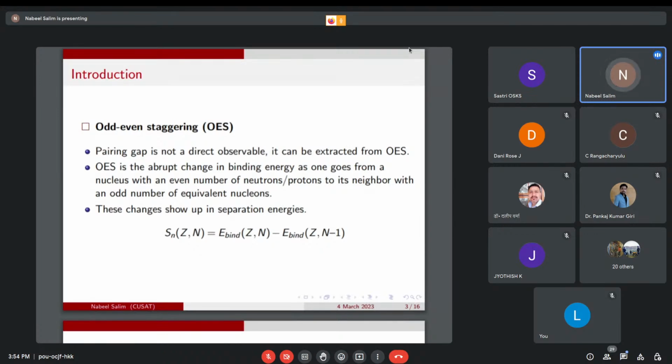So I am going to give a short evidence of nuclear pairing. One piece of evidence is the odd-even staggering, which means that even nuclei have extra stability, or extra binding energy, compared to the adjacent mass number nuclei. So how does an even nucleus have an extra binding energy? This can be easily visualized when we plot the separation energy. As an example, we can plot the one neutron separation energy of any isotope chain, and we can clearly see that.